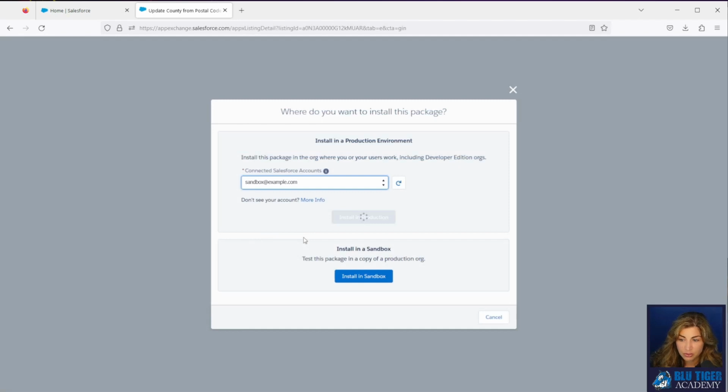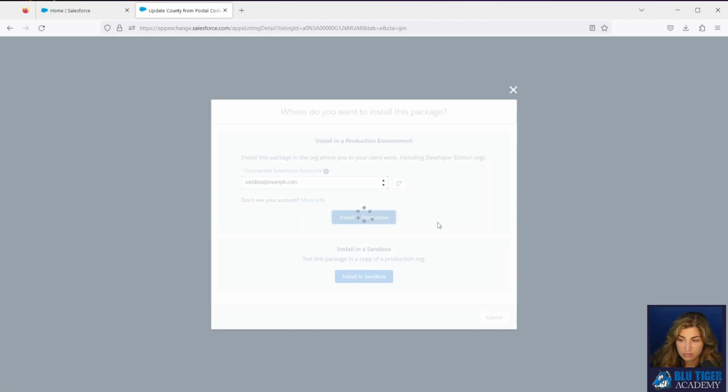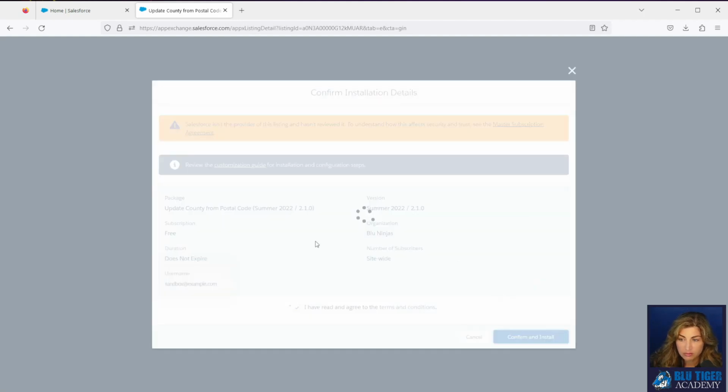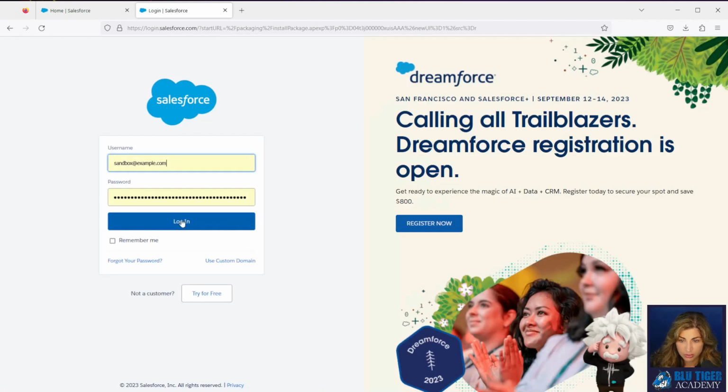You will enter in your credentials. Click Confirm and Install. You will enter your credentials again.